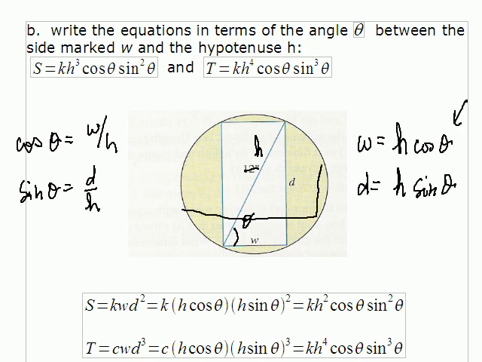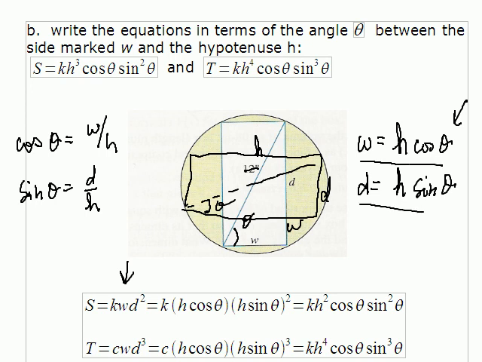For example, is this beam, would this be a better beam? So theta would be different here, your width would be different, and your depth would be different. That's what we're asking. We'll say it's out of the same log, so h is going to stay constant. Now to use these, I take the original equations, which I've given right here, and substitute for